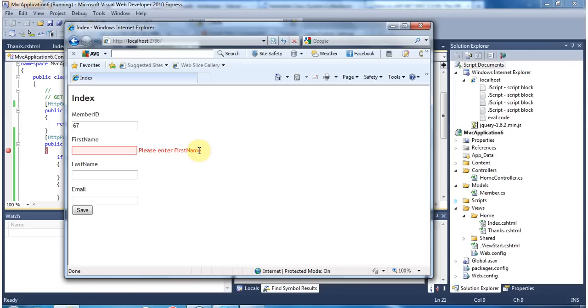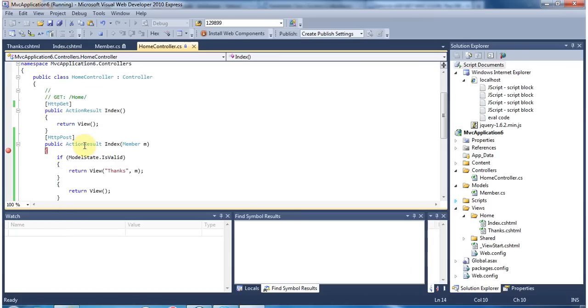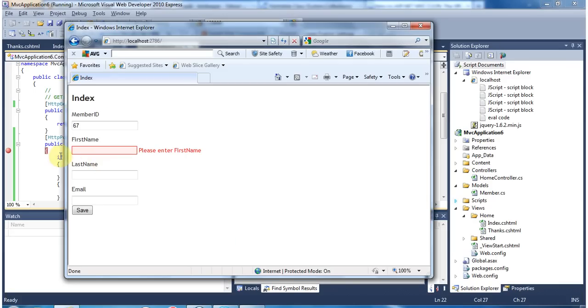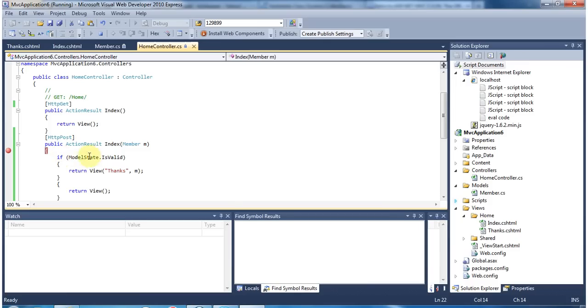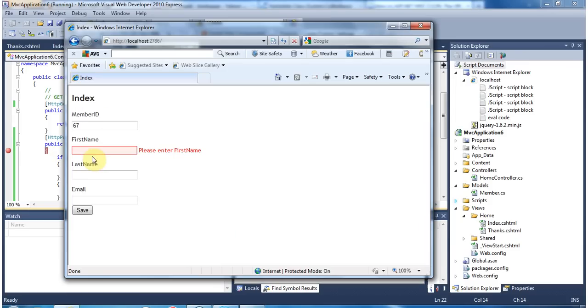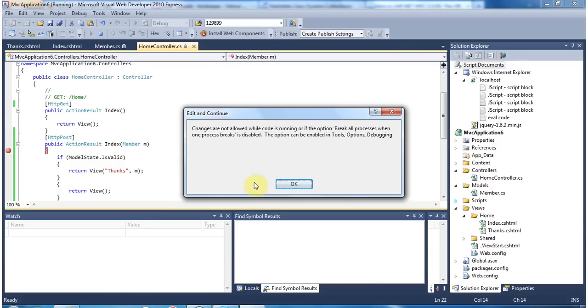So we have more control over this error message, and over data validation, we have more control. MVC3 helps a lot. MVC3 and 4 have a lot of features which we can control very easily. Even this normal form submission, we can create our own form submission. Like it has a default model validation state, we can create our own model state validation. That may be required when we do a higher level project. Maybe this ModelState.IsValid is not that good. We can create our own